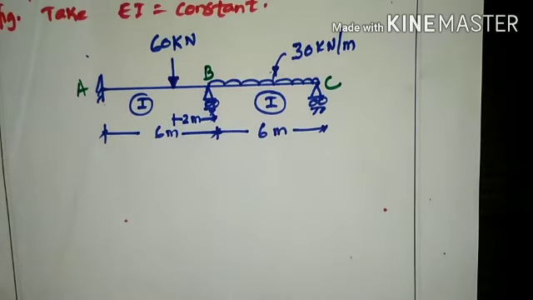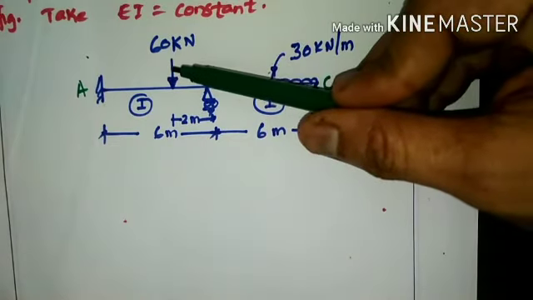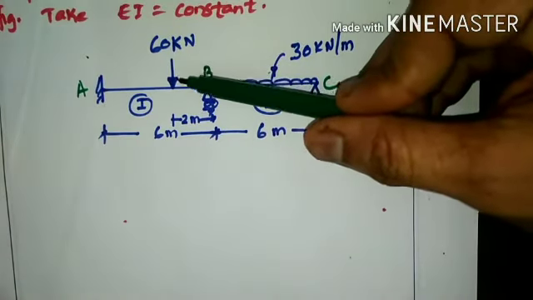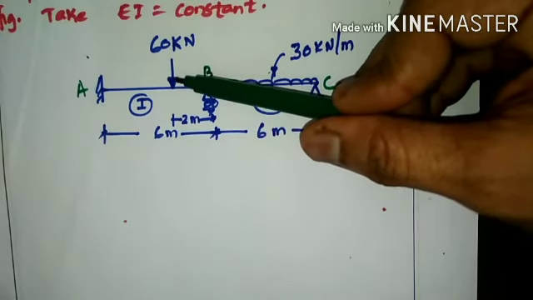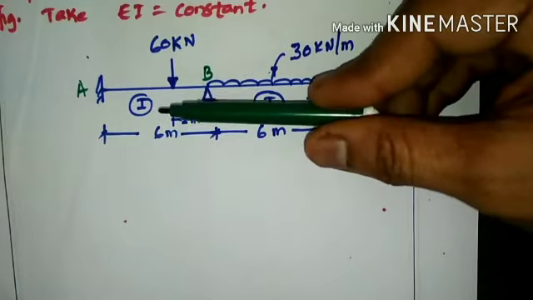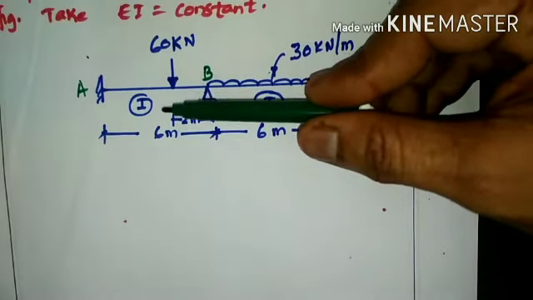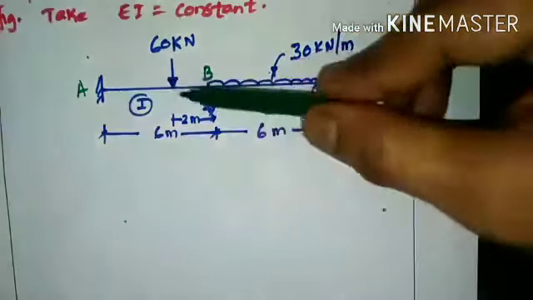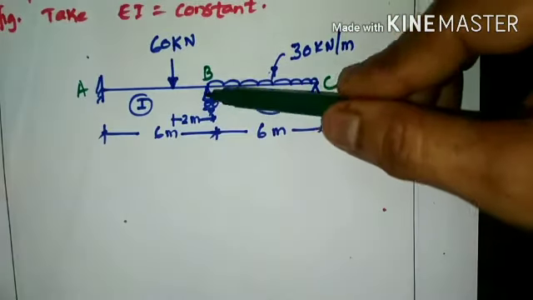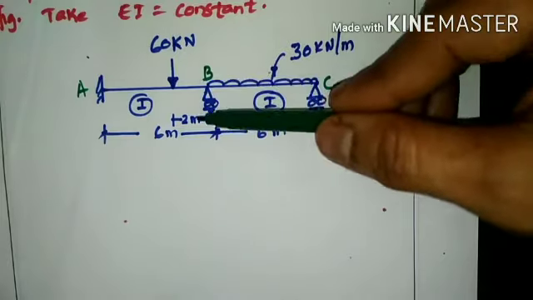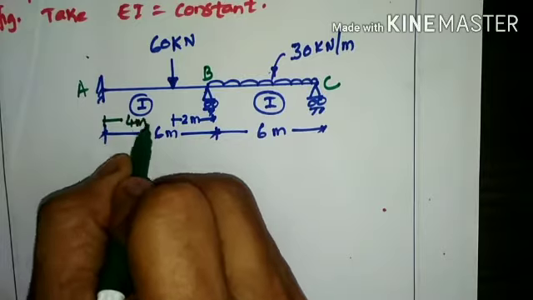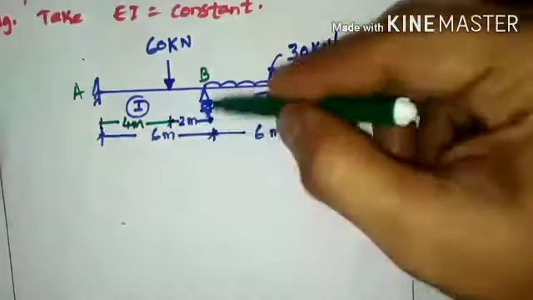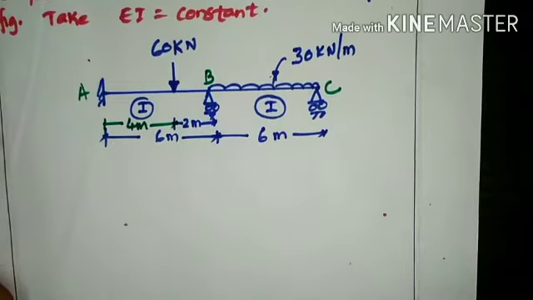The difference between the earlier problem and this one is that in the earlier problem the concentrated force was placed at the center, that is at the midpoint location. Now here the concentrated force has not been placed at the center, it has been placed at an eccentric position from either support. So the total distance between A and B is 6 meter, and the distance of this 60 kilonewton load from point B is 2 meter, which indicates the remaining distance from point A will be 4 meter. As a result, 4 plus 2 comes to the total span of 6 meter.